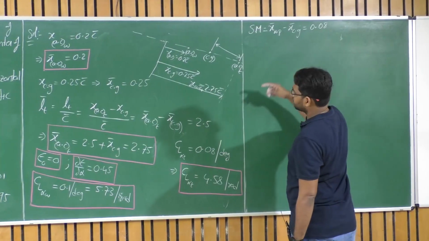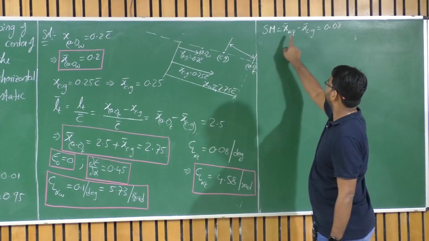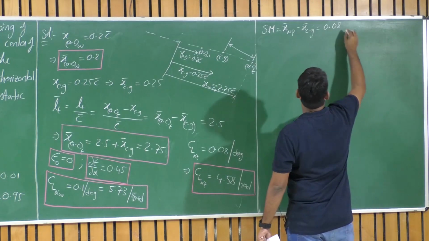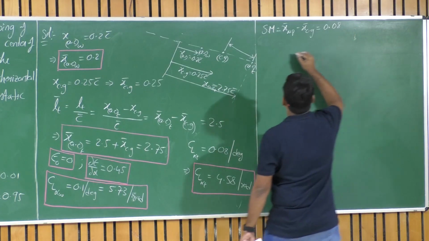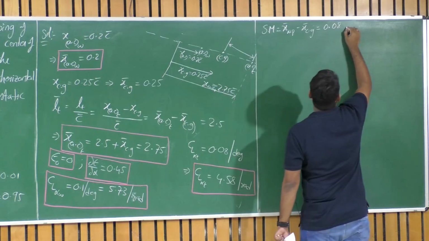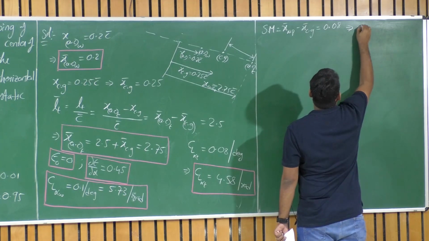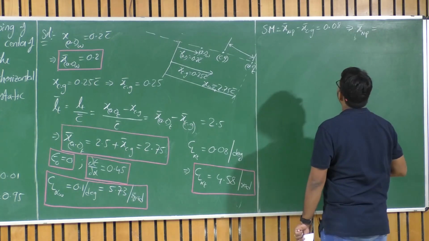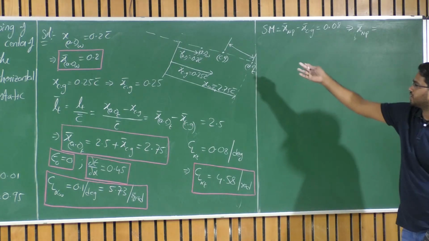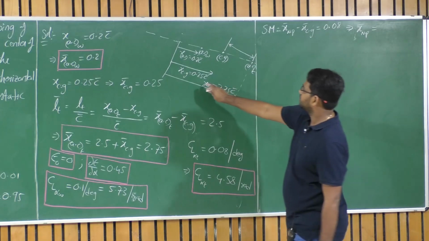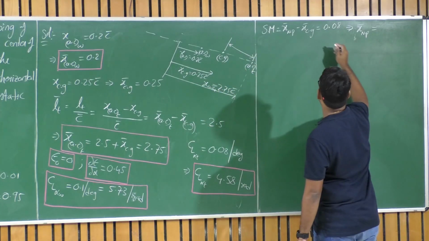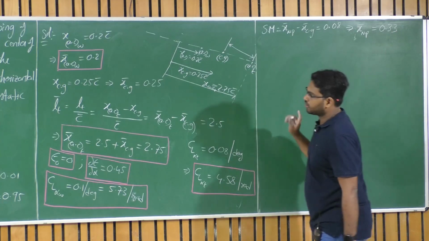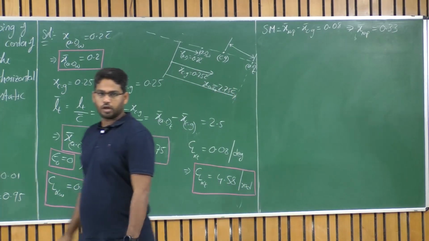So if you substitute the CG location here, you will be able to find out the neutral point, isn't it? So can we do that? This implies X bar NP, the neutral point, is equal to 0.08 plus X bar CG. So 0.25 plus 0.08, which is 0.33. So I now got the location of the neutral point.